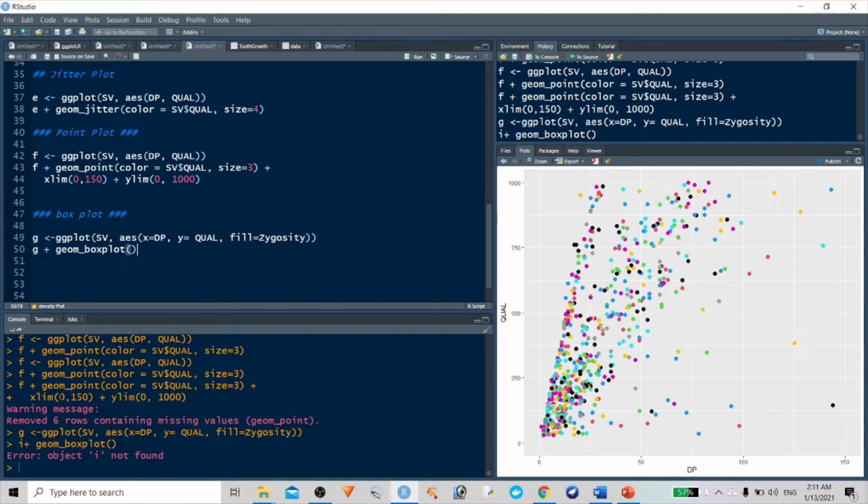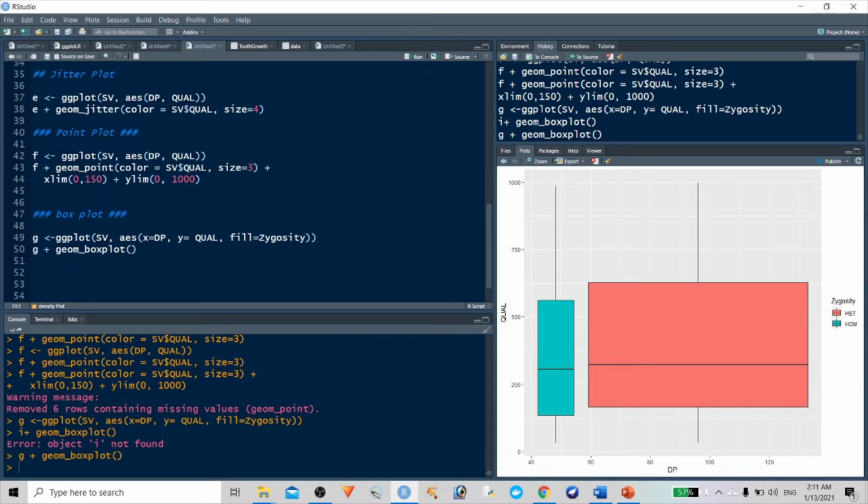Enter. Okay, now you can see here, based on the zygosity, the box plot has been completely changed. Here the depth is more in the heterozygous condition. In the homozygous condition, the depth is very low, but also the quality of the base pair, the quality of the probes, is more when we compare with the homozygous